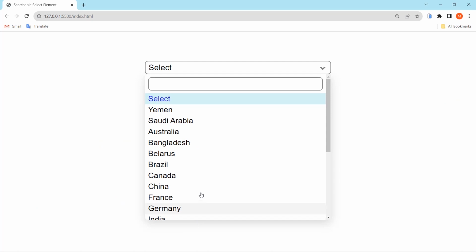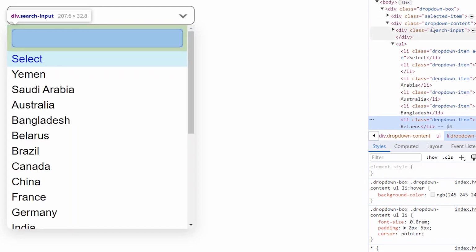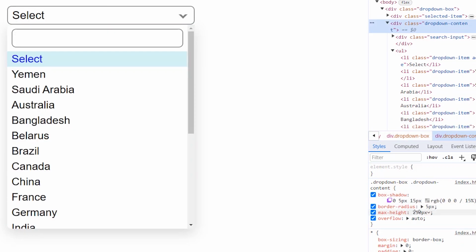As you can see, this looks good, but I don't want a list item or a drop down item to be cut this way. So I'll right click, inspect, go to the drop down content, and I will change the max height. I'll click here, hover on this list element, and from the keyboard you will press the down arrow in order to reduce the max height, because I want to set it exactly to this value. So 240 pixels